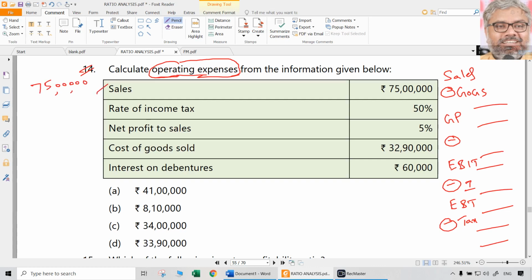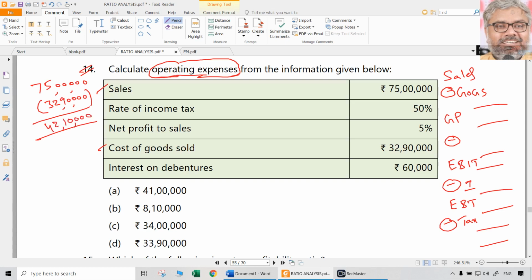Cost of goods sold is also given, 32 lakhs 90,000. So gross profit is known. How much will be gross profit? Calculate that: 75 lakhs minus 32 lakhs 90,000